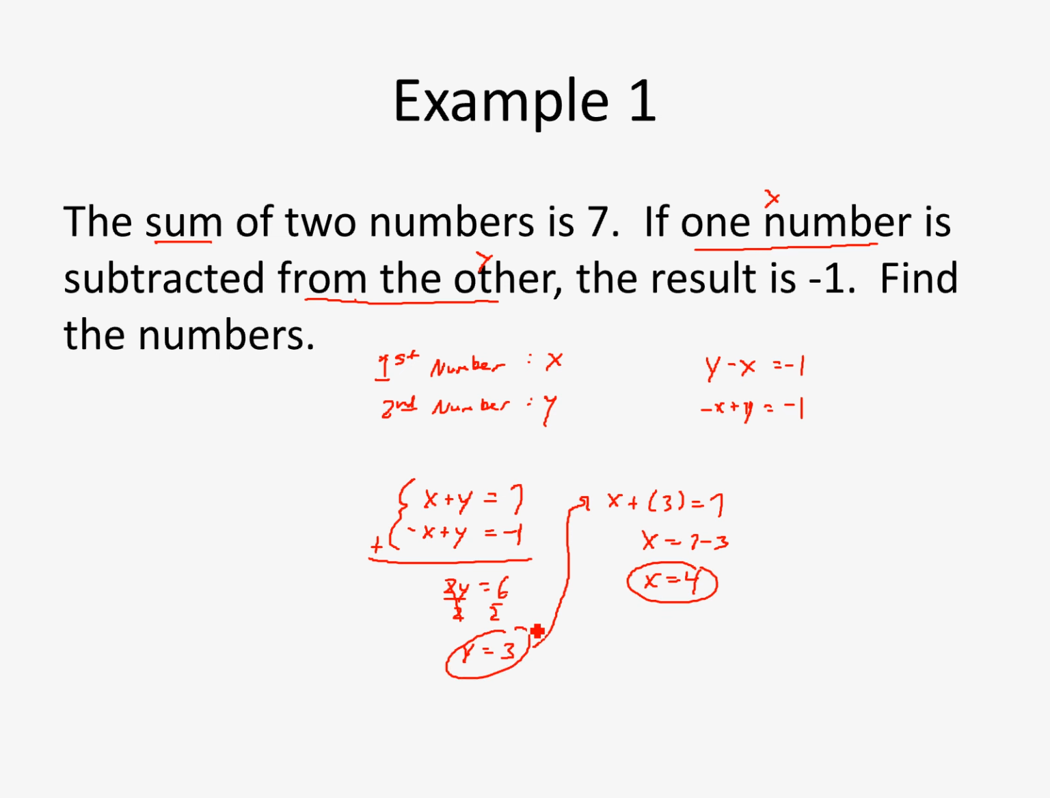Okay, now let's do a check. If I take the two numbers and add them together, do I get 7? I do. Now, if we just had that piece of information, there'd be lots of answers. 2 and 5 would add together to get 7. 1 and 6 would add together to get 7. 7 and 0, right? But only with these two numbers do we